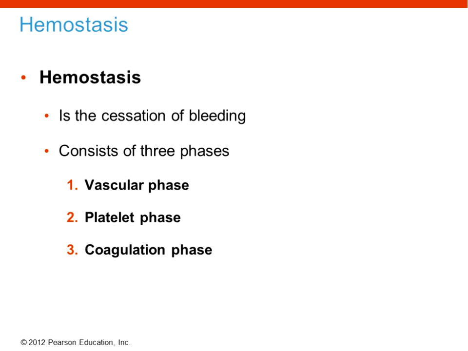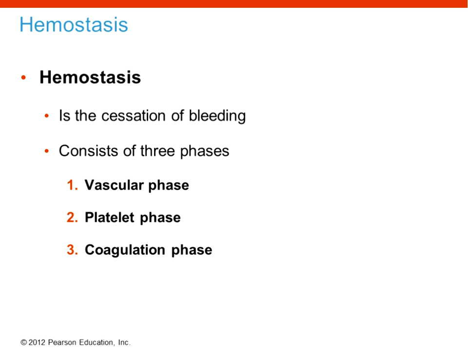So the last part of our notes here we're going to talk about is blood clotting, or hemostasis. Hemostasis is cessation of bleeding, and there are 3 phases in this process. This is another great example of a short answer question. So the recycling of red blood cells, the formation of formed elements, and now hemostasis. Already I have 3 possible options in just this first chapter for